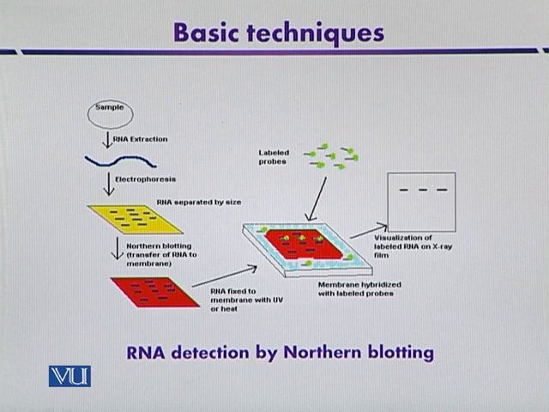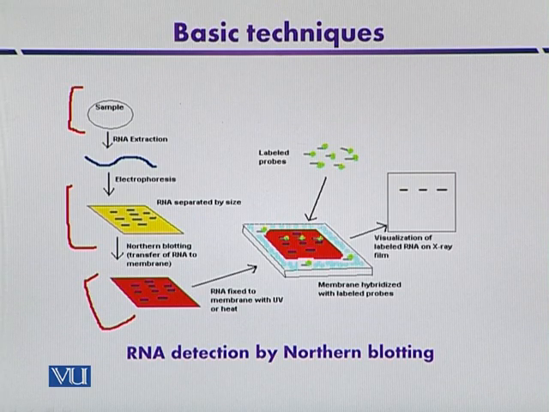This is another diagram that indicates the RNA detection by northern blotting. So here RNA is extracted from any sample or cell type, and then it is separated by gel electrophoresis so that different fragments of RNA are well separated from each other on the basis of their molecular weight, and then in the next step they are immobilized on the membrane for the fixation process, and after fixation,